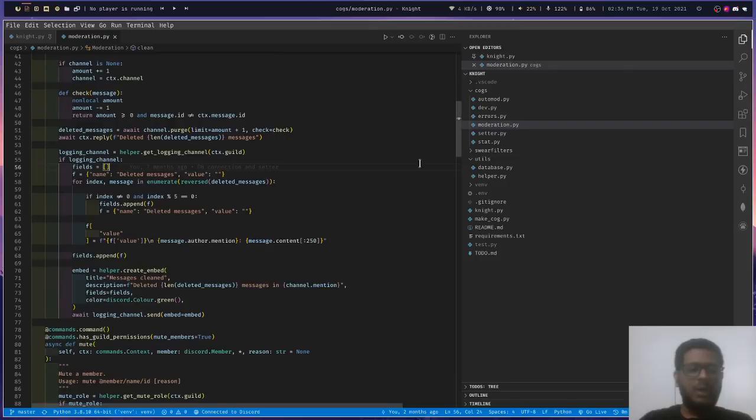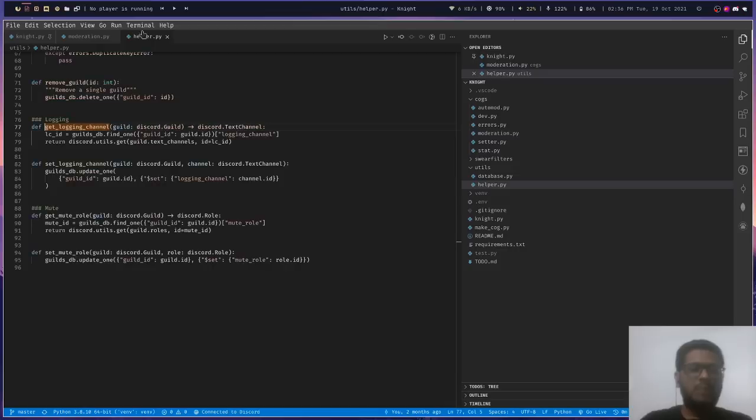I have made a function in the helper file which would fetch the logging channel for that particular server and return the channel information back.